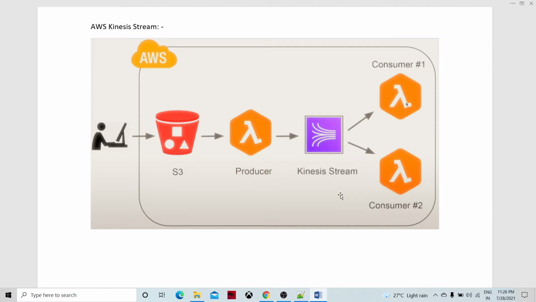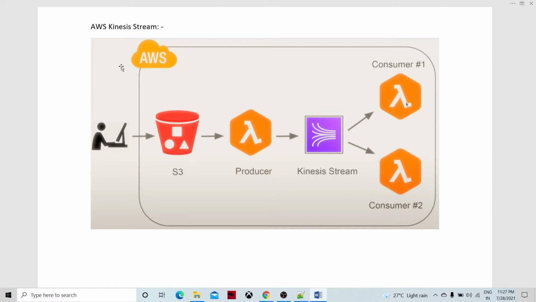So if you look at this picture, what we are going to do as part of this hands-on demo is, as soon as we get the data into the S3 bucket from outside, the original or ultimate source could be a different mechanism. Probably some device is putting the data into the S3 bucket, maybe IoT devices or maybe some queue services or probably any batch processing as well.